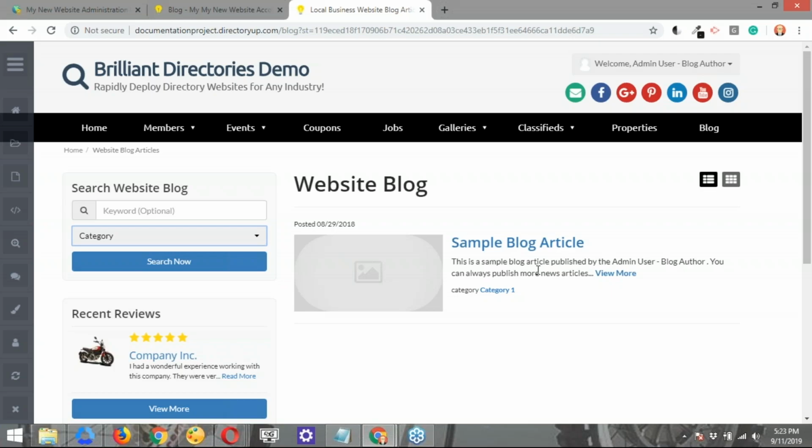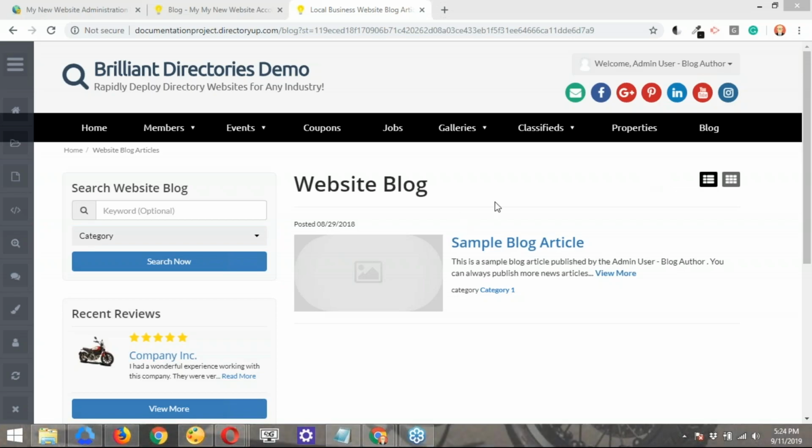If you change your category names or remove them, the system doesn't know what you're replacing because it's just a comma separated list. It's still saved in the database, so even though it's not part of the comma separated list, that blog article is still part of category 1. If you ever want to see which blogs need to be updated, the old category is saved there, and then you have to go back and resave them with the current available categories. Just a little troubleshooting advice: if you're changing categories over time, come back to the older articles and resave them into a valid category.